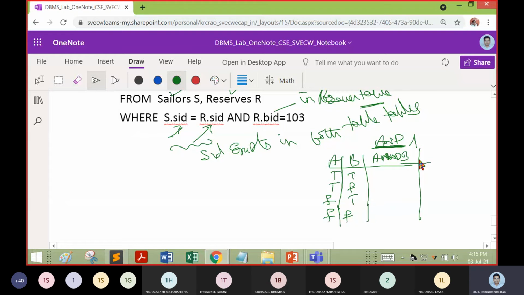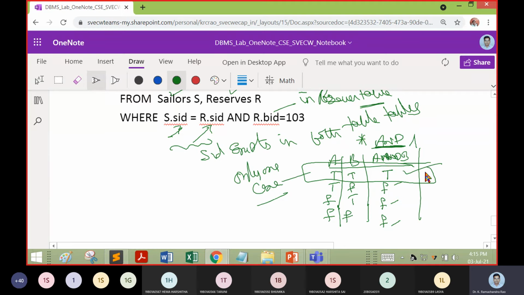Now AND is nothing but a multiplication operation. So true times true is true, and anything multiplied with true and false is false, and false with false is again false. So we select only one case. According to the definition of AND, only when both A and B are true is the answer true.